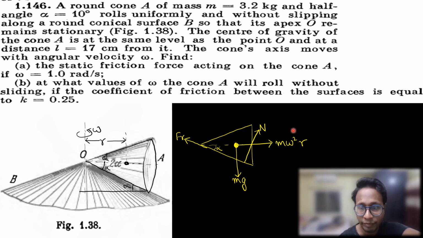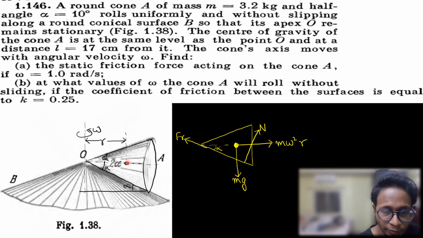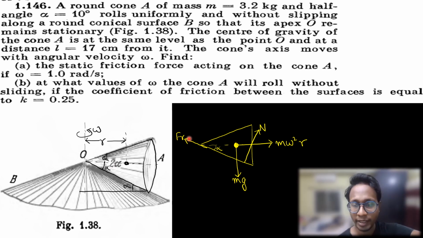Centrifugal force and gravity force always pass through the center of mass. Understood? Center of mass means the whole cone is assumed to be a point object at this center of mass. Understood why I have taken the center of mass m omega square r? Now the remaining part of the problem is nothing but resolving the forces and finding out the values of the forces. So if I take along the